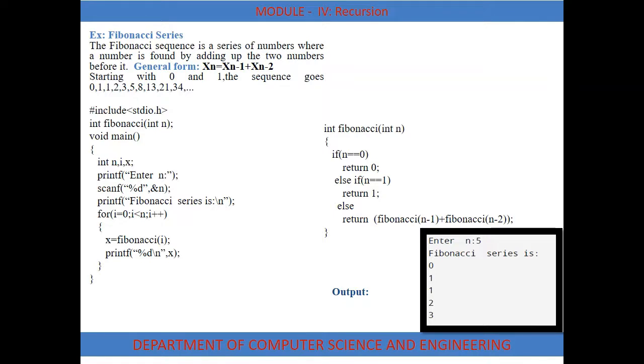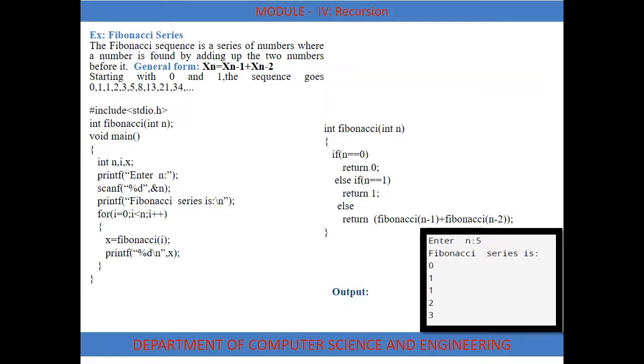That is written Fibonacci of n minus 1 plus Fibonacci of n minus 2. That is here, Fibonacci of 4 minus 1 plus Fibonacci of 4 minus 2. That is Fibonacci of 3 plus Fibonacci of 2. So again we are calling the function Fibonacci to find out the value of Fibonacci 3 as well as Fibonacci 2. First consider the first part, that is Fibonacci of 3.